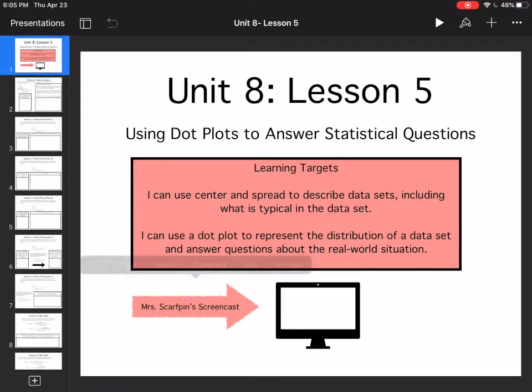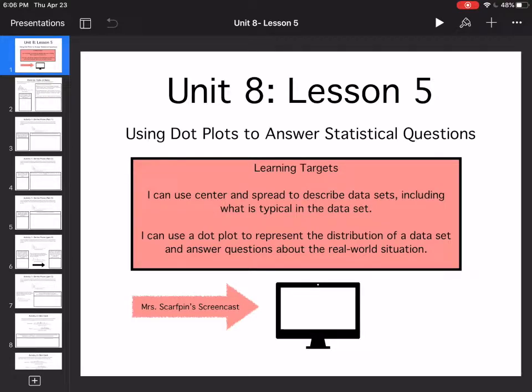Unit 8, Lesson 5. Using dot plots to answer statistical questions. Remember, statistical questions are questions that you could ask to a variety of people and get a variety of results. So I can use center and spread to describe data sets, including what's typical in the data set. I can use a dot plot to represent the distribution of a data set, and I can answer questions about